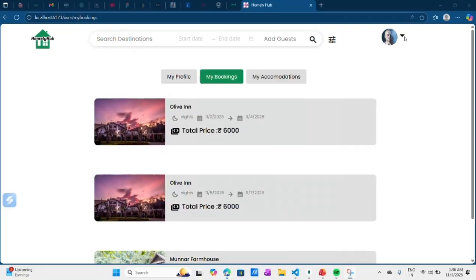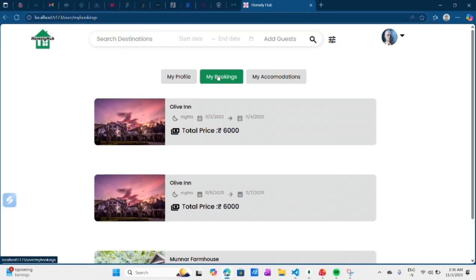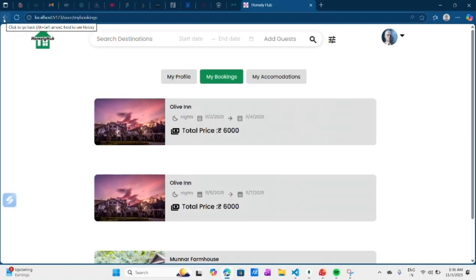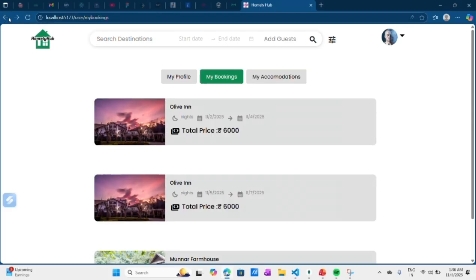If you click on my account, you can see my profile, my booking, my accommodation, all of which are linked to your account. Here at the bottom you see two buttons, edit profile and change password.